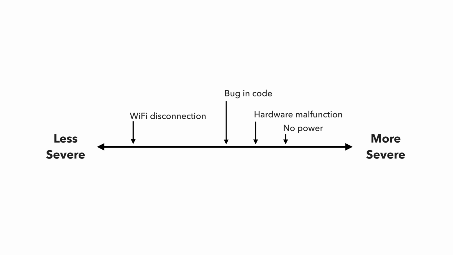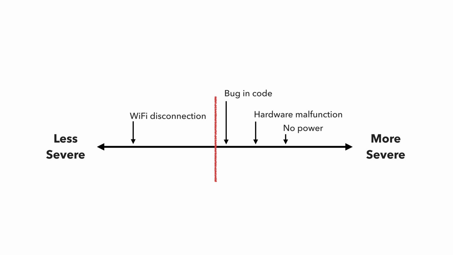And so we'd love to be able to draw a line through this and say, okay, it's a less severe issue, it's just a disconnect from Wi-Fi, so it's okay. We don't need to bug the participant. We don't need to ask them to check on the sensor or send someone out to fix it. Versus if it's a more severe issue, then saying, okay, we need someone to go out and check on this. But the problem is, from the dashboard standpoint, from that page I showed you earlier, there's no way to tell the difference. They all look the same.